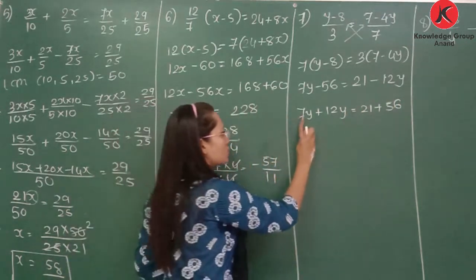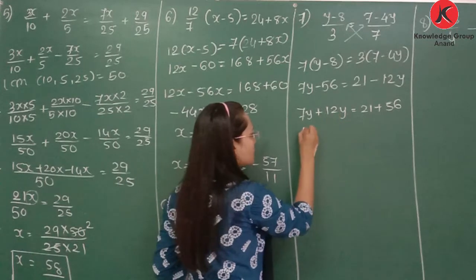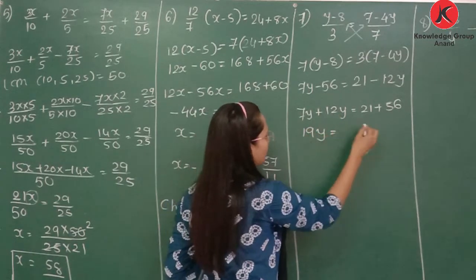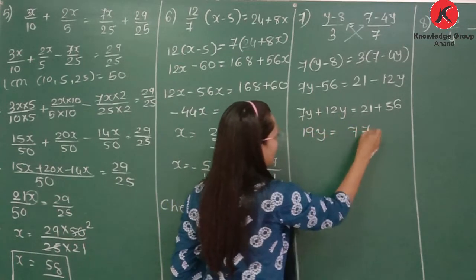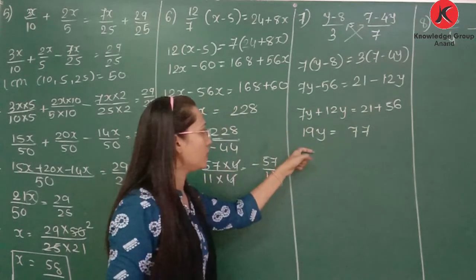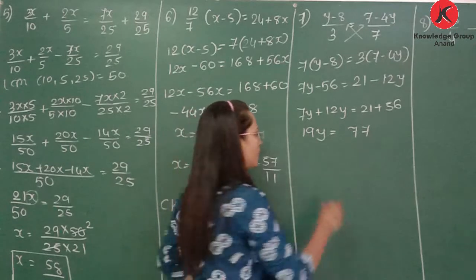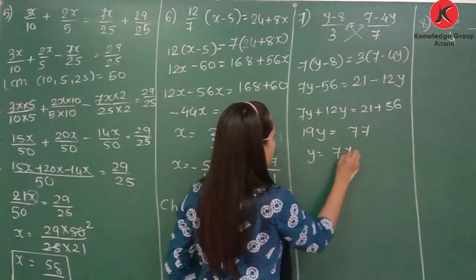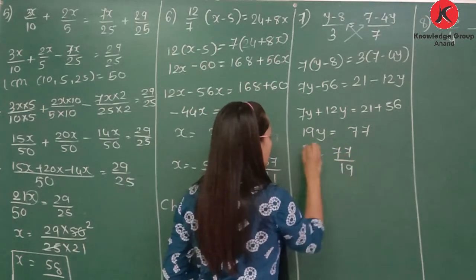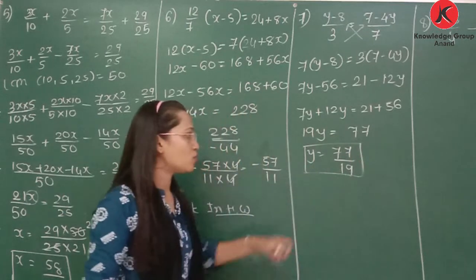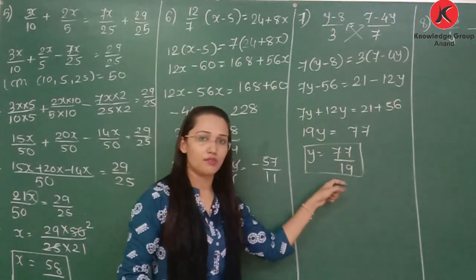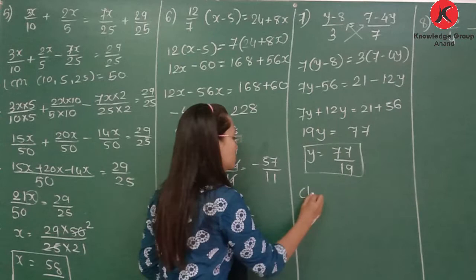Now 12 plus 7 that is 19y is equal to 77. Now you need to find y. 19 is a multiplication, so it becomes denominator. So y is equal to 77 by 19. So this will be our answer because there is no common factor between 77 and 19. Check the result in